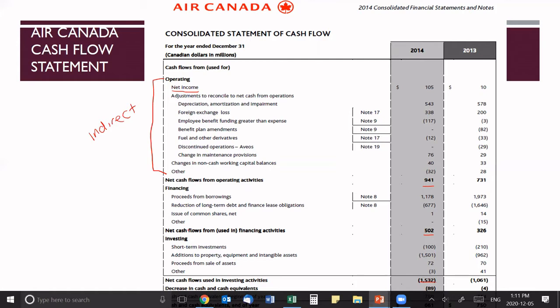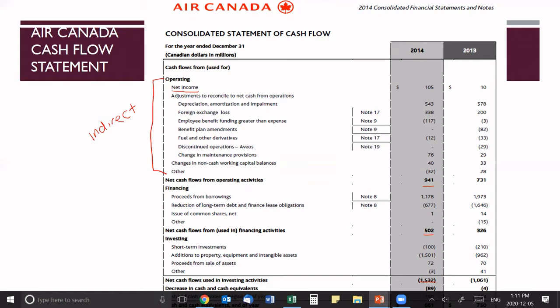you're going to show your decrease in cash, and then you're going to show what you began with, plus the decrease or increase in cash, whatever the total shows. And then what you began with, add your decrease or increase in cash, and that should give you your ending balance of cash. You want to make sure your ending balance of cash aligns with what your balance sheet shows